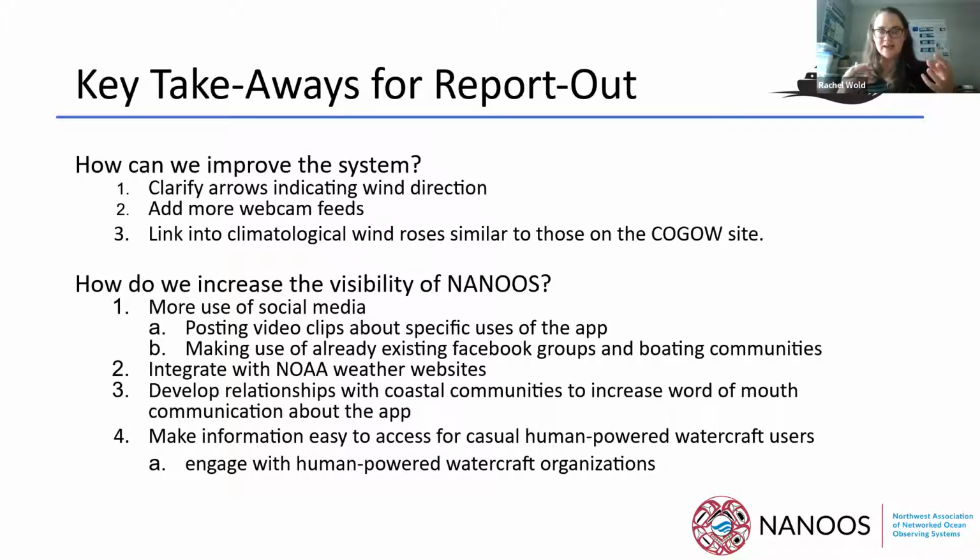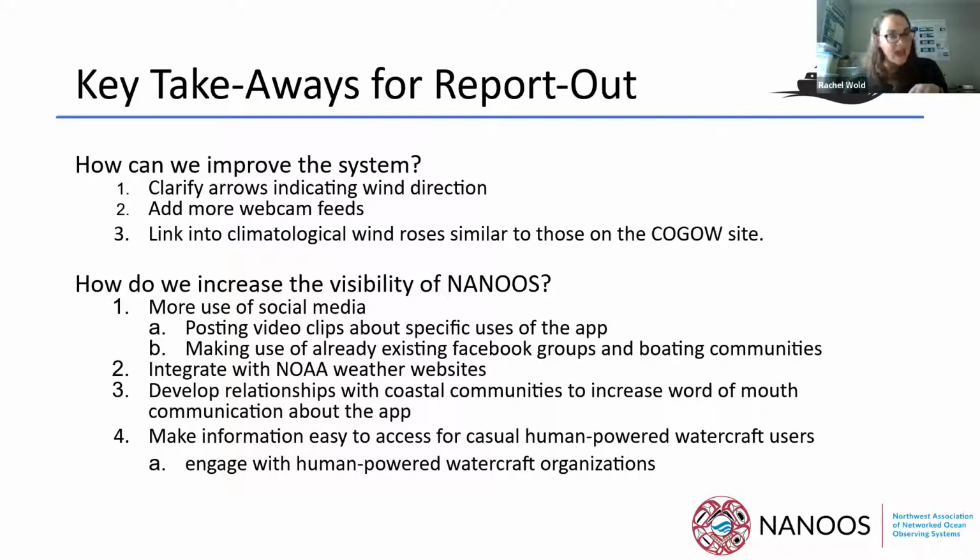visualization, like how we can maybe limit confusion. So there's this big disconnect between how boaters and maritime navigators look at data and information compared to how oceanographers look at information, and it's very opposite and contradictory. And so one of the things that has come up is how confusing the wind direction arrows are. There's no barbs, there's confusion on whether it's direction to or from. And so we heard some potential ideas and thoughts and links for other ideas and ways that we might be